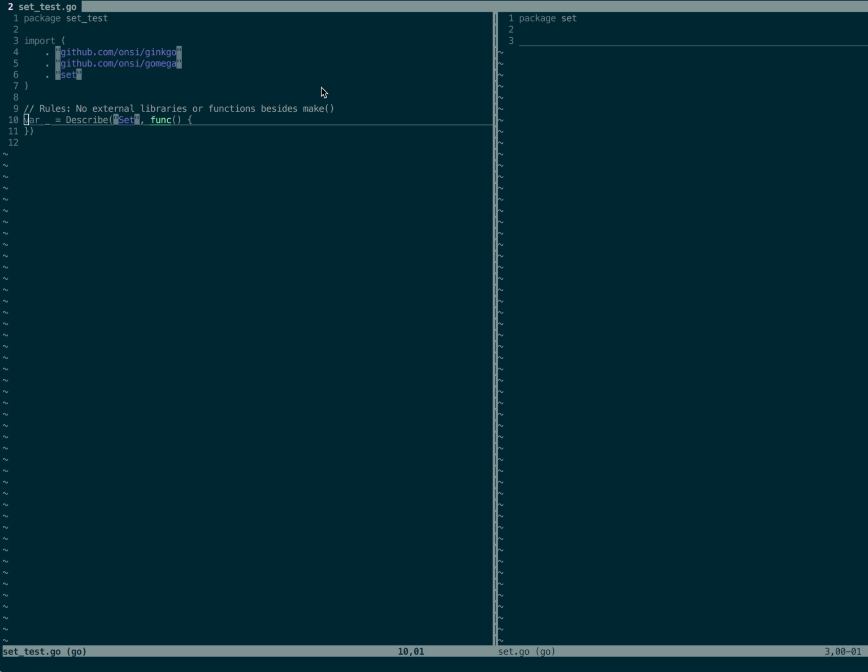Our rules here are that we're not going to use any external libraries or functions besides just make, to make the underlying data structure that we use. So that's basically it. We need to start by thinking, what is the simplest possible thing that we could begin